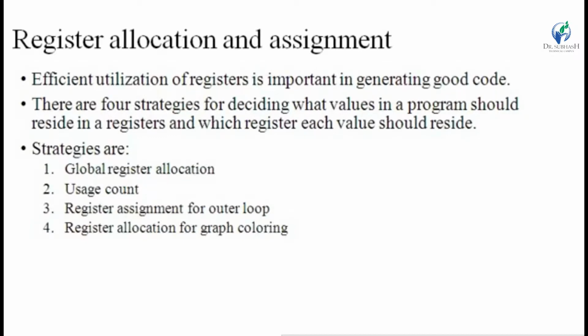Graph coloring works in 2 passes. In the first pass, the specific machine instruction is selected for register allocation. For each variable, a symbolic register is allocated. In the second pass, the register interference graph is prepared. In the register interference graph, each node is a symbolic register and an edge connects two nodes where one is live at a point where the other is defined.